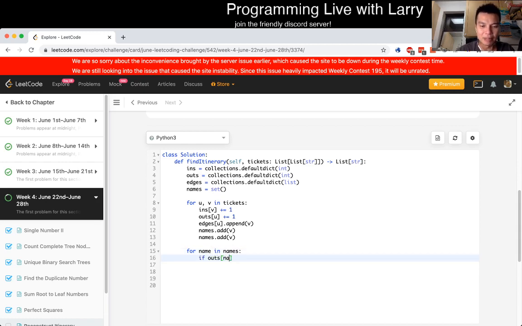And the reason why I remember this is that for every node that you have for an Eulerian path, if someone comes in, then someone has to go out, right? The only place where that is not going to be the case is, wait, is it out degree equal to in degree? I guess in degree is equal to out degree.